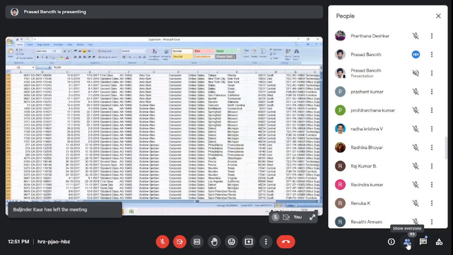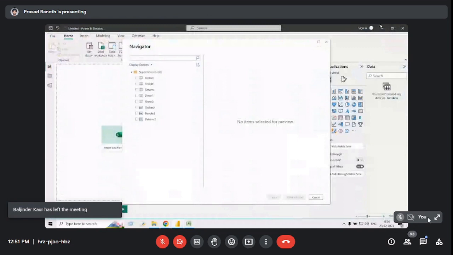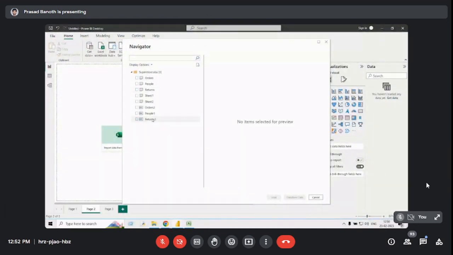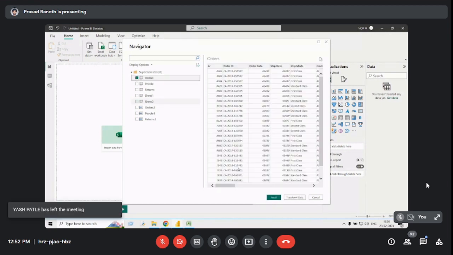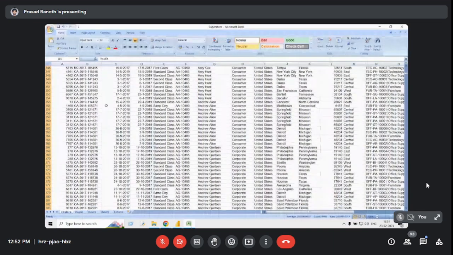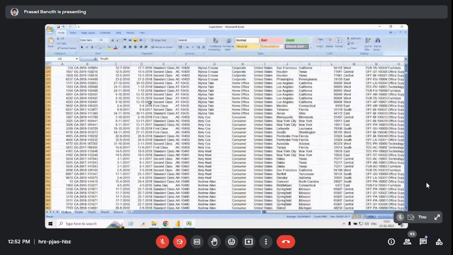Now, whatever data I have taken, the Superstore Excel file has almost 8 sub tabs. Sheet 1 and sheet 2 are default sheets which are not really needed. The main sheet is Orders. You just select any one of the sheets. I just want to go with this particular sheet, as I just want to analyze